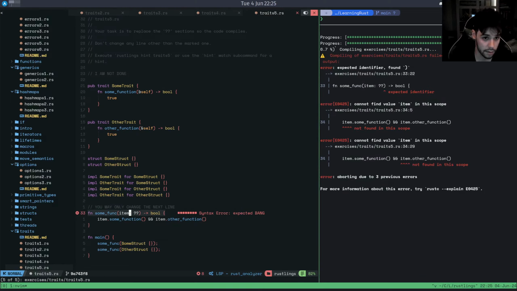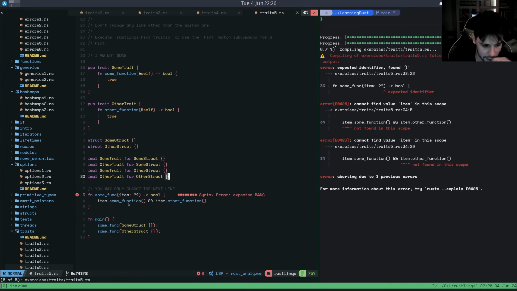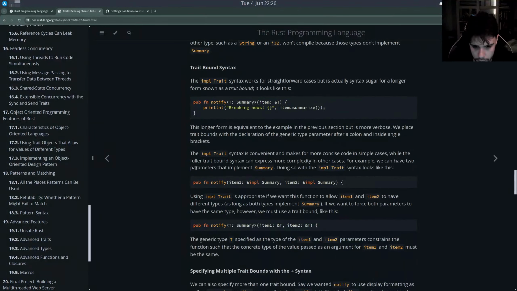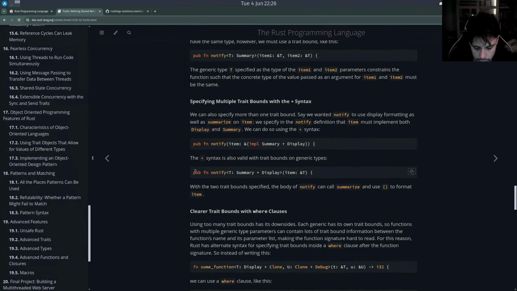So, okay. So what do we have? We have a trait, some trait that has a function returns true. We have other trait returns another function, other function that returns true. Some struct, other struct. We implement some trait for some struct and other trait for some struct. And so it's, yeah, we implement everything for everything. And we have some function that returns an item that implements both